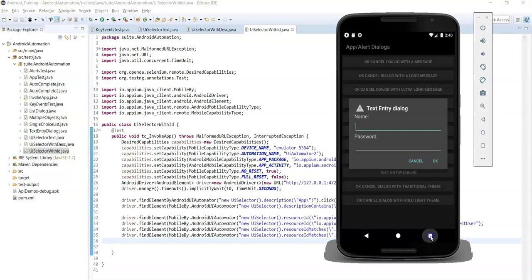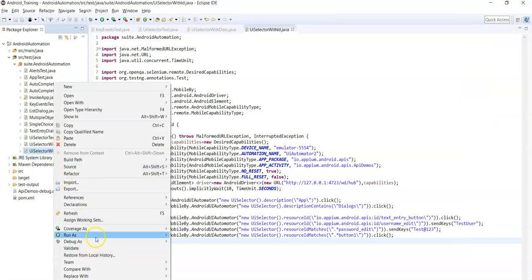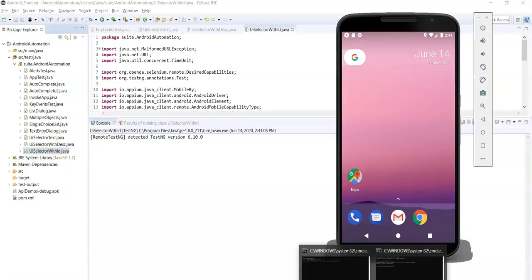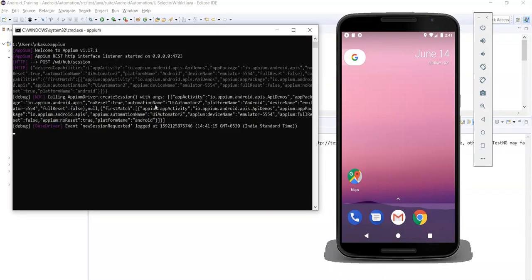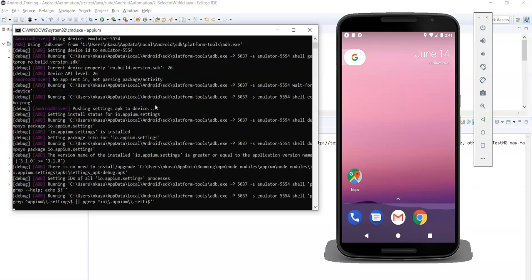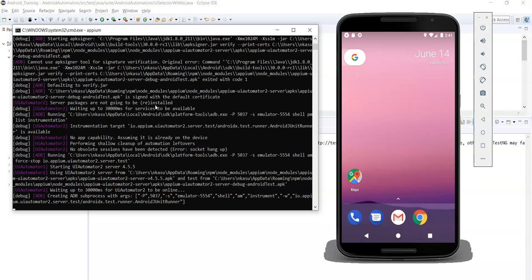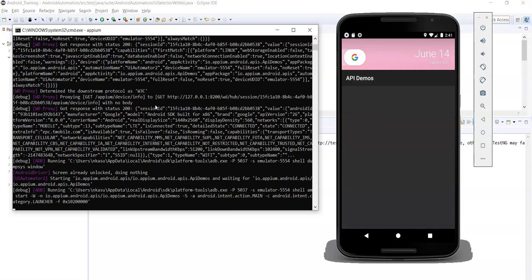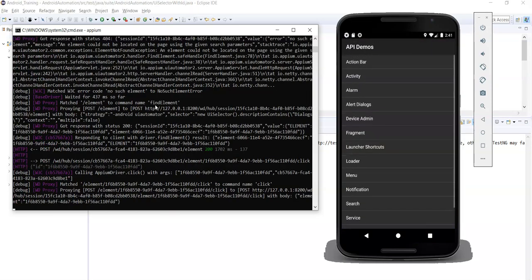Now close the app which you opened in your emulator and then run the script. You can also see the logs from the command prompt, so what exactly is happening in the background you can see in this command prompt. Now the app got successfully opened and is performing actions.